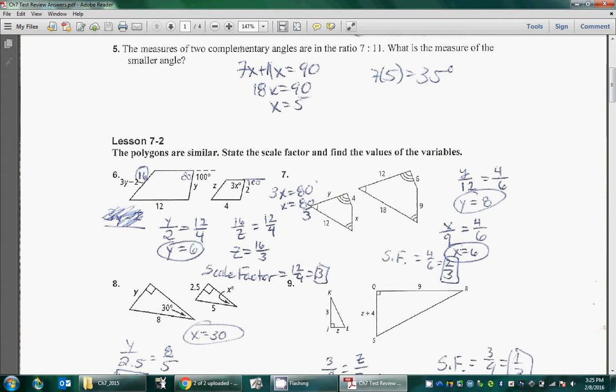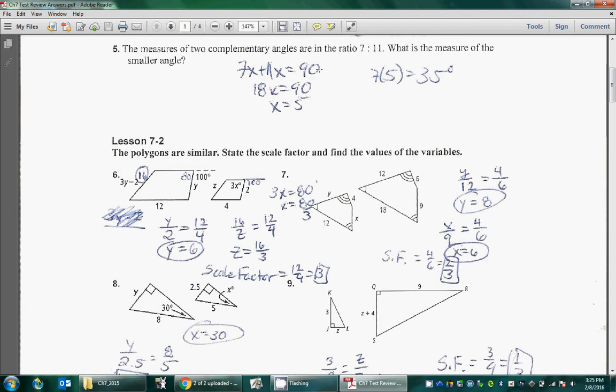So if they're ever talking about complementary angles, remember they total to be 90 degrees. Supplementary angles, total to be 180 degrees. Perimeter is the total of all the sides. Triangles, triangle angle measures have a total of 180 degrees. Okay, so if we're looking at those things, that means I've got to add the parts, the 7 and the 11,